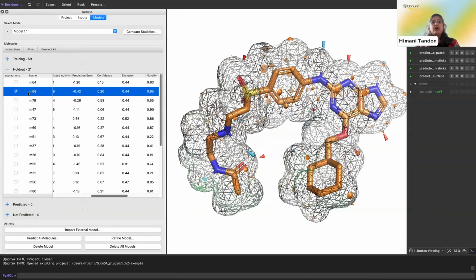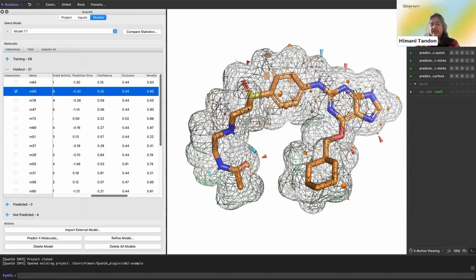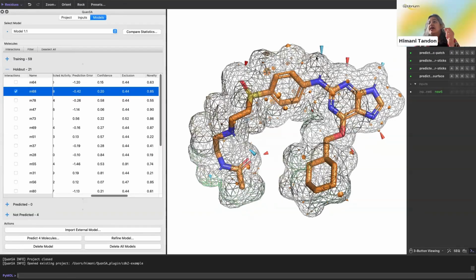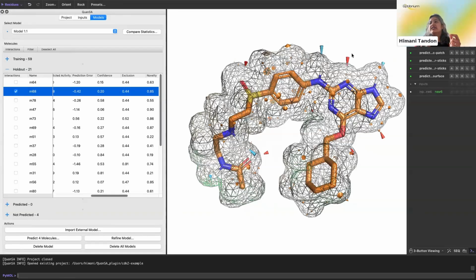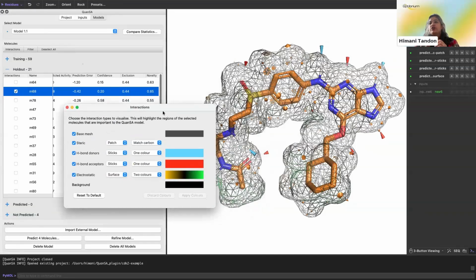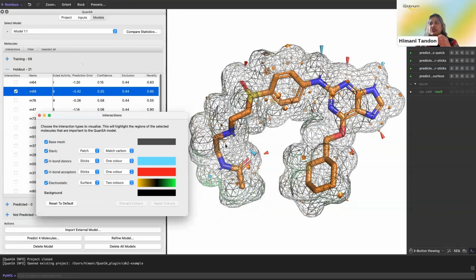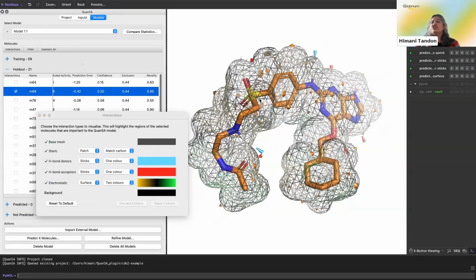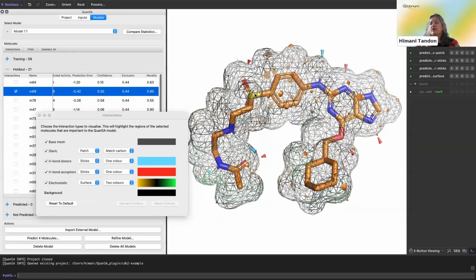And now we can again go back to the predictions and start analyzing how the model is making that prediction and what factors contribute to the activity of the molecule the most. Another thing that I want to mention is that the size of these sticks and the patches basically correspond to the importance of those features towards the activity of that molecule. And as you can see here again, there are additional interactions, hydrogen bond acceptors and donors that this molecule is likely to make in the pocket field, and that's why this molecule is more active. It's predicted to be more active.